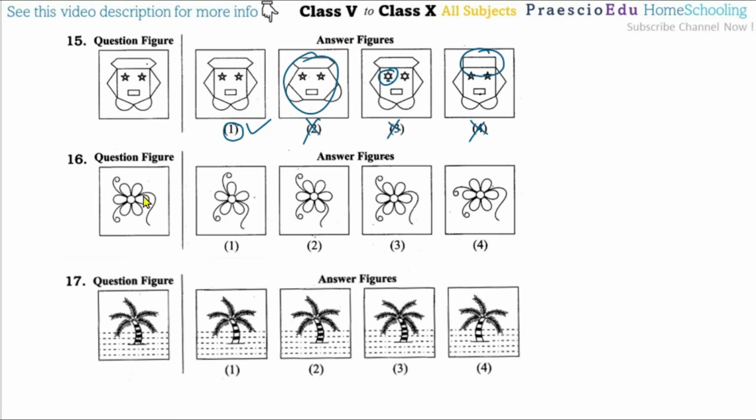Then question number 16. 1, 2, 3, 4, 5 and 6 petals, everywhere 6 petals, but this is somewhat different, even in the unit sides, so this is incorrect. From this one, option number 3 is somewhat similar. Option number 2, if you observe, this shape is coming like this, but actually this should be from here, so option number 2 is incorrect. Then the petals, we can see 6 here, but here 5, so the petals are different, so option number 1 is incorrect. So option number 3 is perfectly similar.